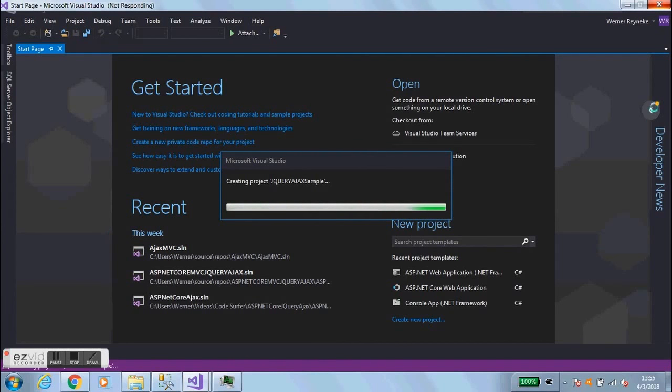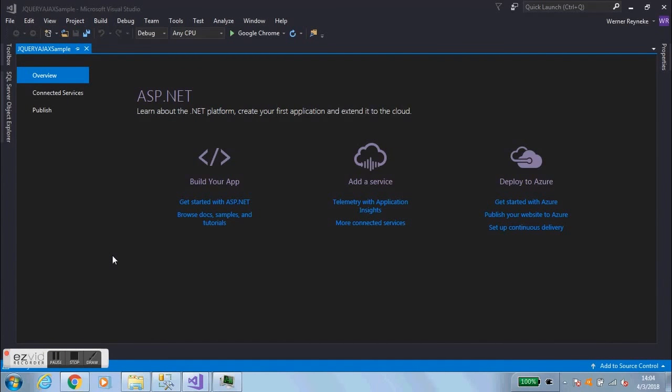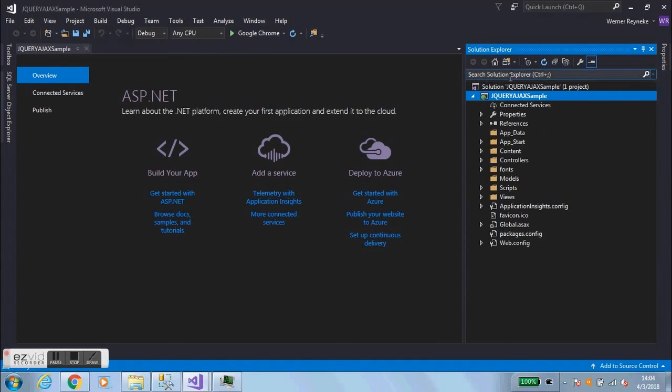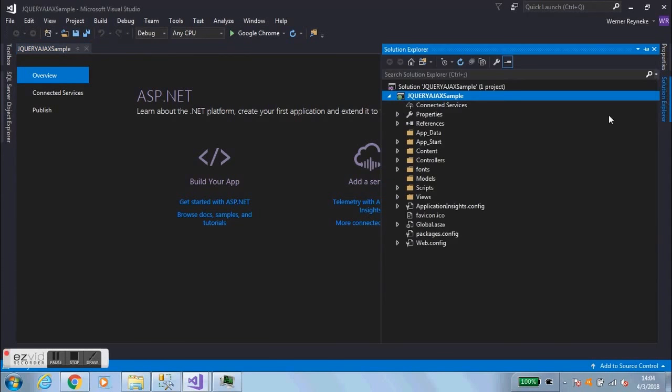And just give Visual Studio a little bit of time to set up and create your solution. So Visual Studio has created our solution. If you click on the View menu, Solution Explorer, you'll see that's what it looks like. Okay, so now first things first, we need to go to the